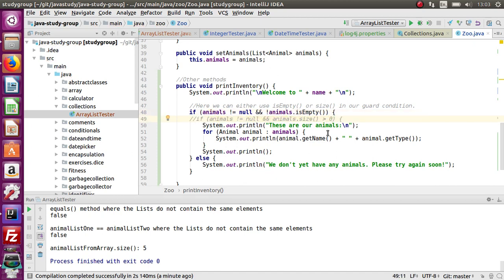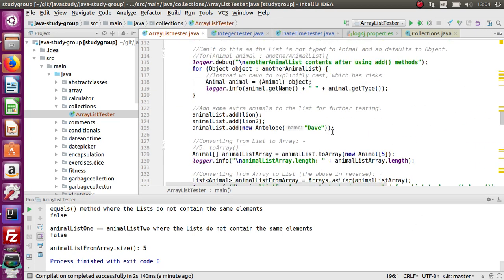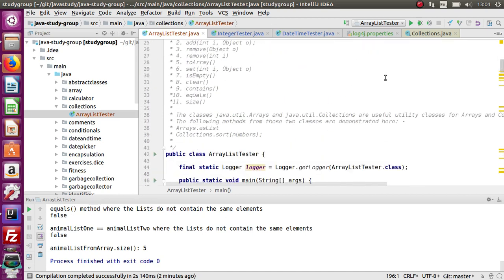Just showing the usage of those methods in practice. So to go back to this again, the methods at the top that are listed are pretty much covered there, as is the asList method from the arrays class. There was one other we covered last week. It's the sort method